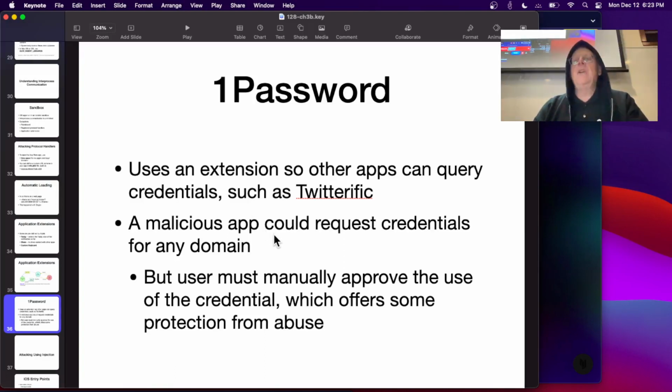But the one defense is when an app requests to pull a password from the 1Password app, it will pop up a box saying, this app is trying to get a password out of there, is that okay? So we have some defense against apps just trying to take passwords that they shouldn't have. But